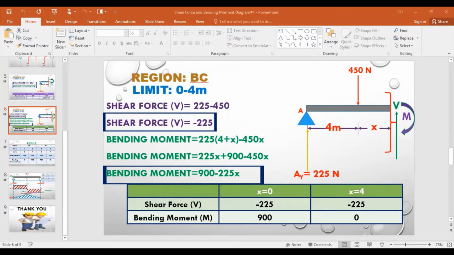And why is it so? Let me tell you on the graph as well. We will take 0 at A. Let me share the screen.